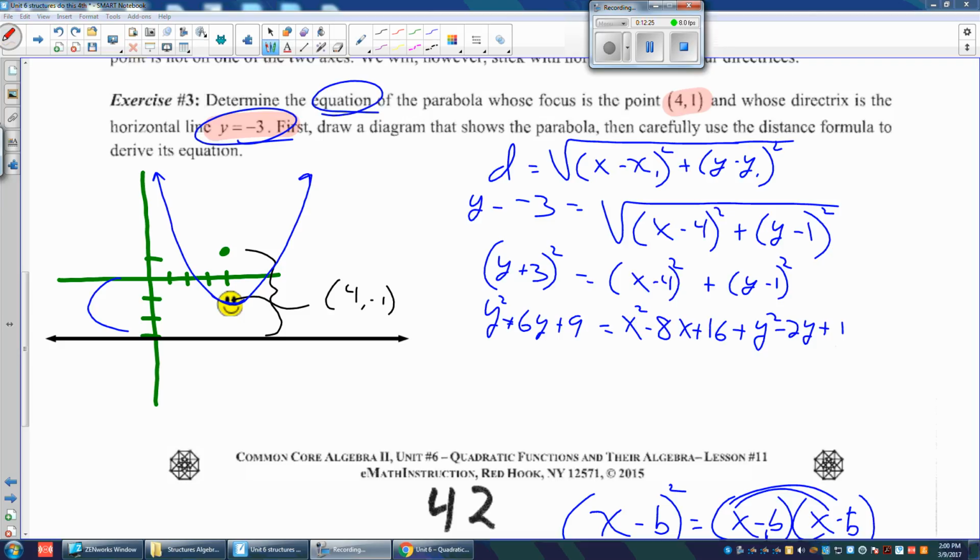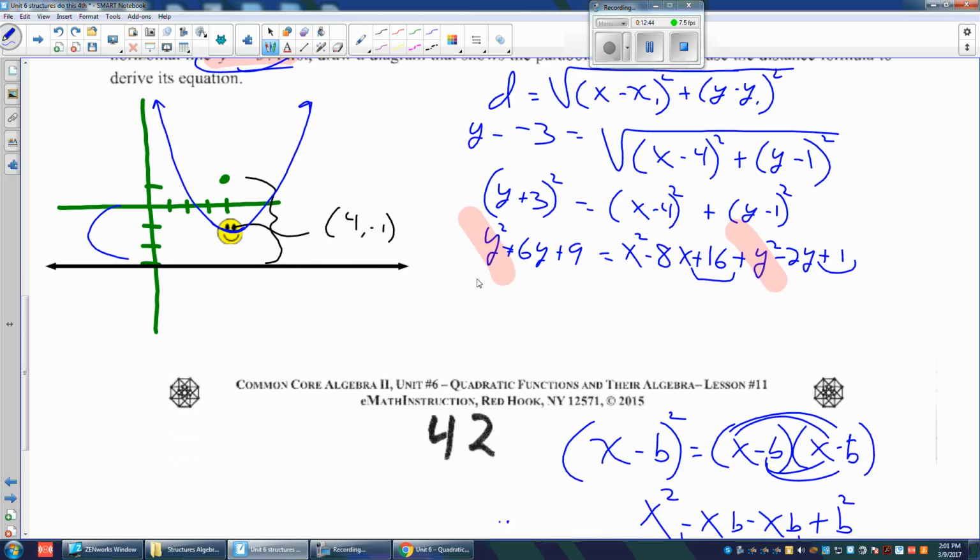And as we see, when we start to combine like terms, the y squareds go away. When I add 9, first of all, I'm going to combine these two to get 17. So I have 6y plus 9 equals x squared minus 8x plus 17